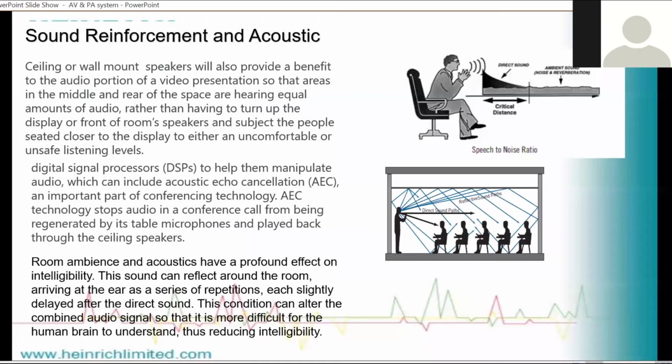In a conference room, we have to design an audio system so that each person gets equal sound level. It should not be that the front row gets more SPL, and the people sitting in the back rows are not getting the required SPL. So we have to design the audio system so that each and every person can get a uniform SPL. For that we have to use a digital signal processor